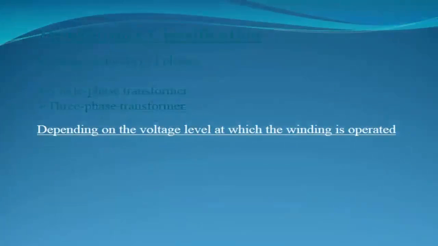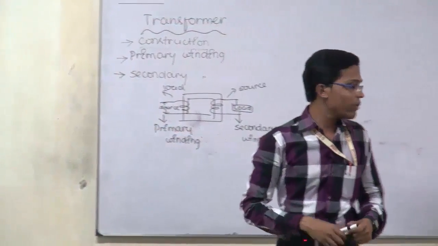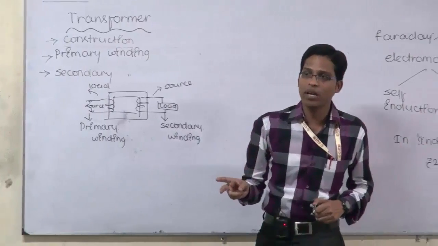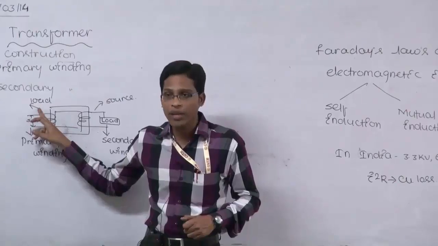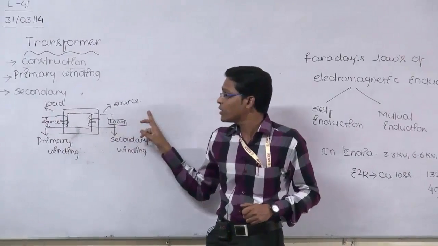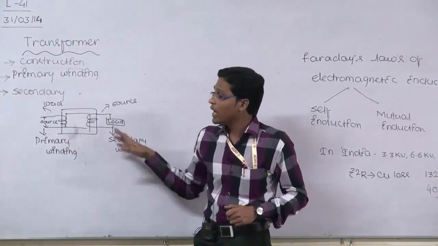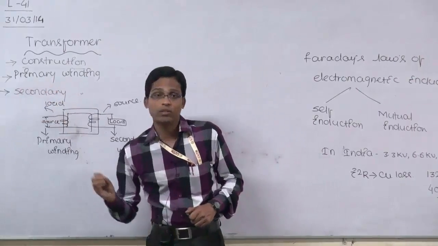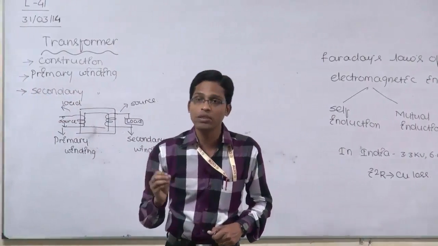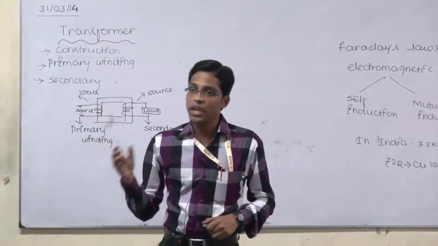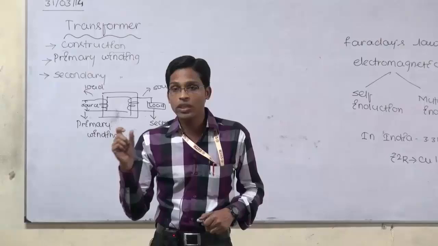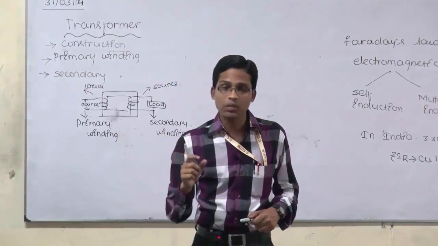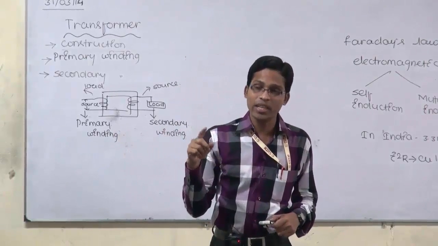Next one is depending on the voltage at which the winding is operated. As I told you, we have two windings, primary and secondary. The winding connected to the source is called the primary winding, and the winding connected to the load is called the secondary winding. In operation, the transformer transmits power from one circuit to another circuit, and while transmitting, it can increase the voltage or decrease the voltage. So depending upon whether the transformer is increasing or decreasing the voltage,